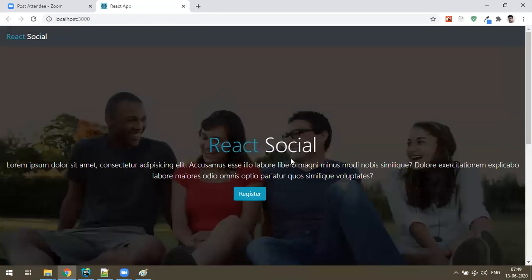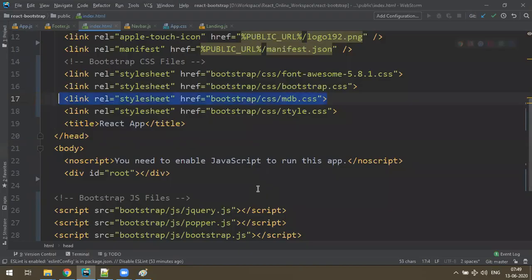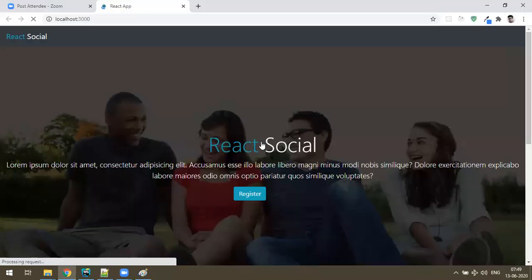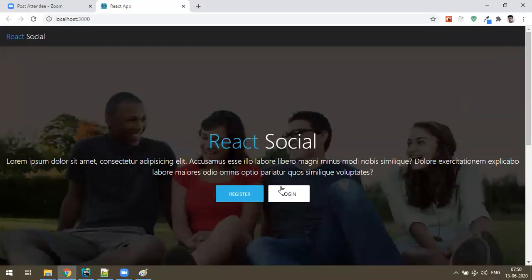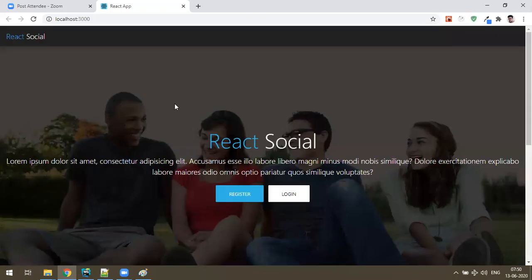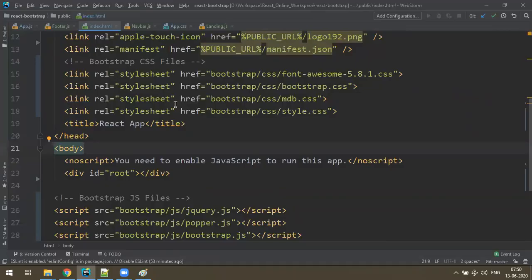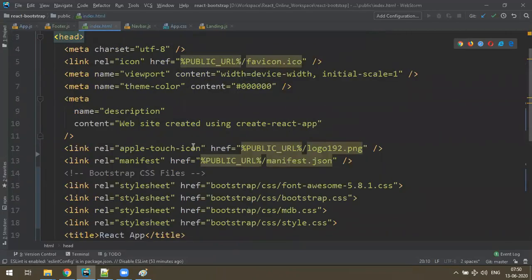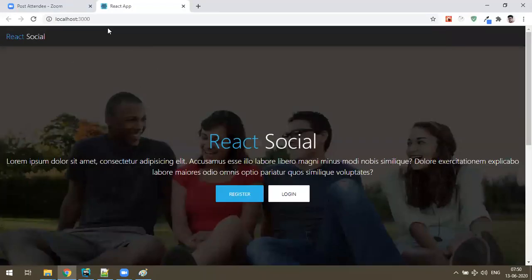This is what the real bootstrap looks like. But if you connect MDB extra, it will become richer. See, you got some rich buttons and rich cards. That's the only reason we have connected MD bootstrap. Okay, fine, and this is how you can configure the bootstrap for your application.